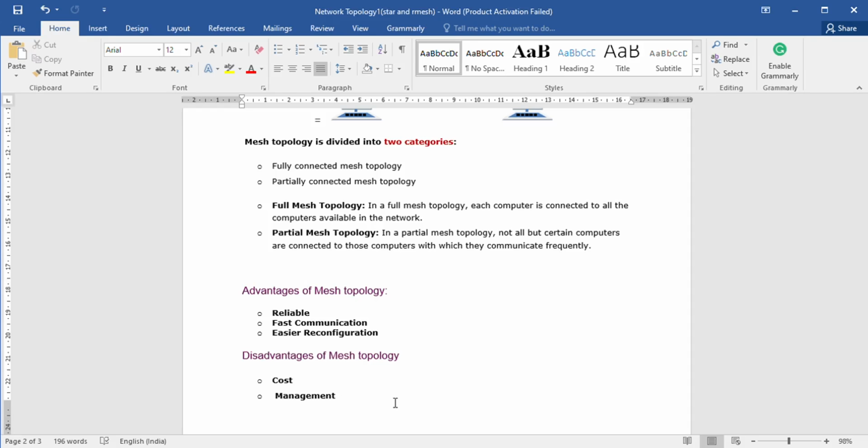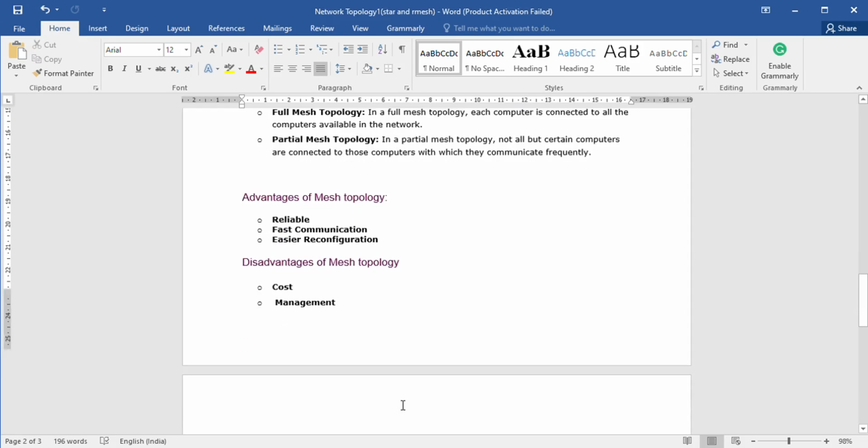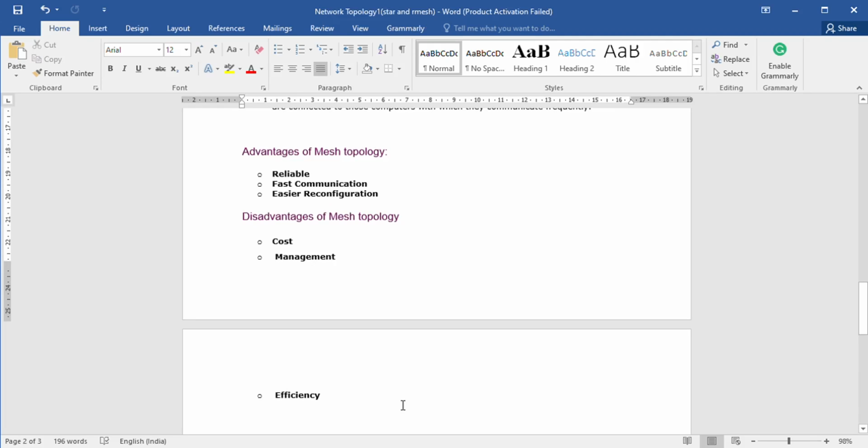Mesh topology networks are very large and very difficult to maintain and manage. If the network is not monitored carefully, then communication link failure goes undetected. We can't detect where a failure occurs in that communication. So these are disadvantages of mesh topology.